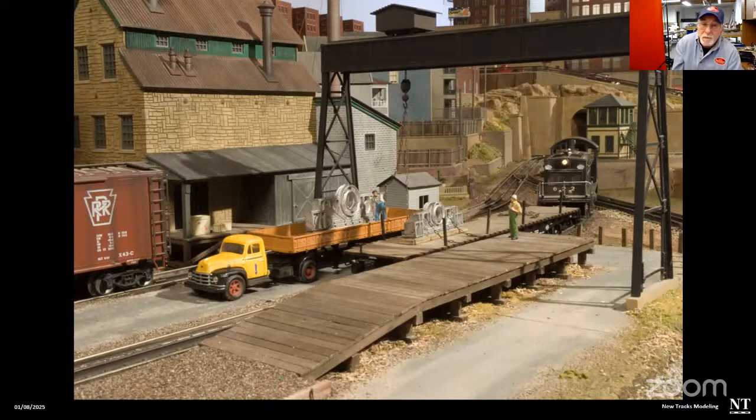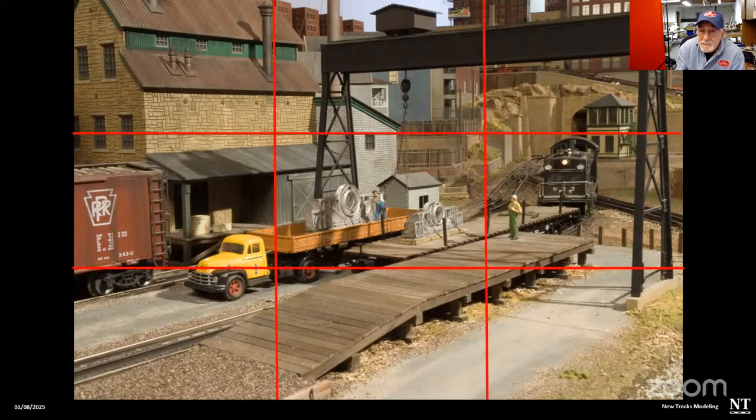Again, look at this carefully and think about what you're looking at. All right, put in the lines. Now you see where the engine is? Again, this picture is about several different things. The main action is the engine pushing the flat car into the loading area. And I say that because we see there's a gentleman on the loading dock. He's a supervisor, just standing there. And then there's the guy who is unloading a piece of machinery, or loading. It doesn't matter whether he's loading or unloading